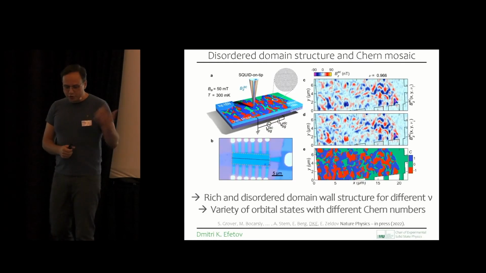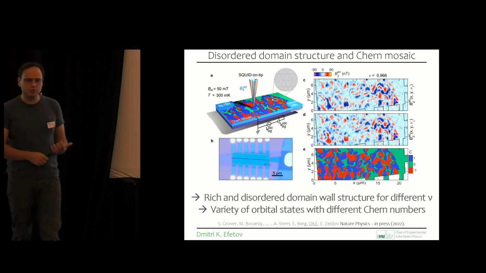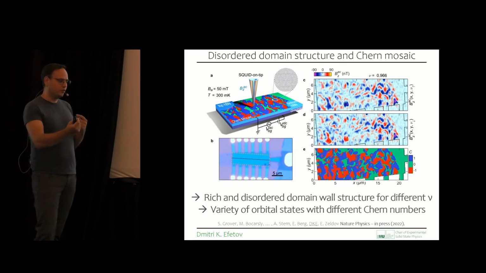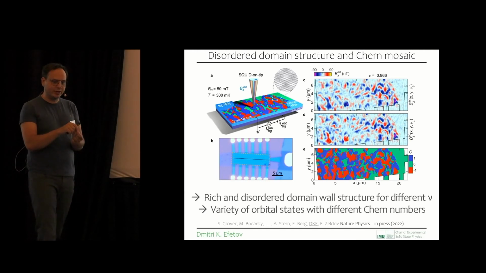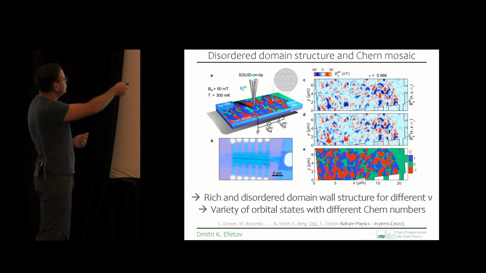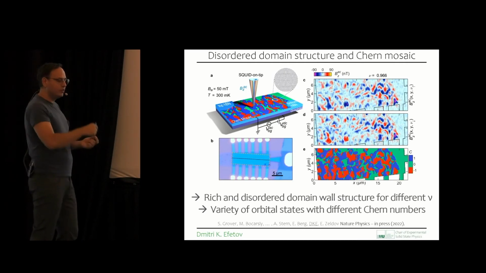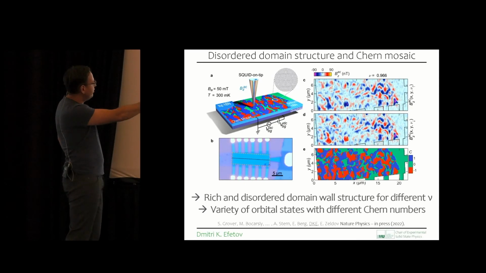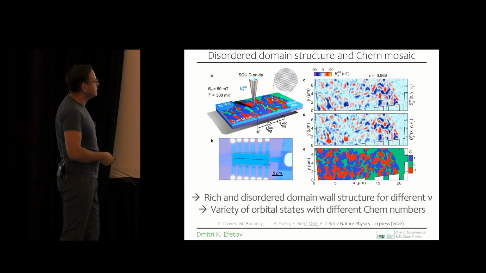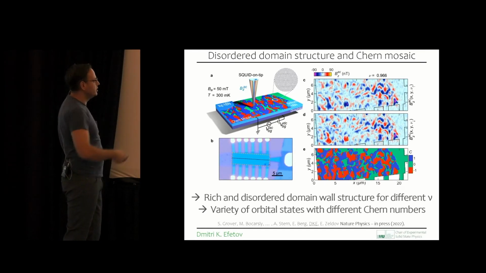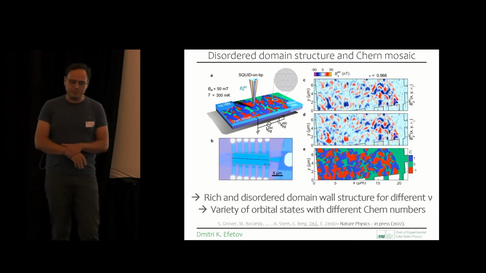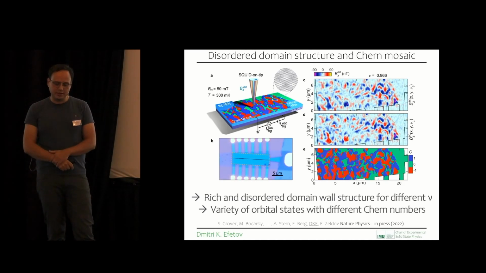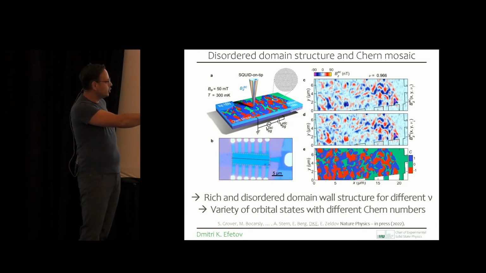One can, of course, further study this magnetism. One can, for example, do quantum sensing with scanning SQUIDs. So people use these scanning SQUID tips, at the Weizmann Institute, for example, our collaborators, and they can really locally measure the magnetic field in the device. And these magnetic signatures are everywhere, close to the integer fillings. And this is how magnetism looks like in the system. It really looks like you would expect, with very rich domain wall structures in magnets, and we can even assign Chern numbers to all the different locations here.